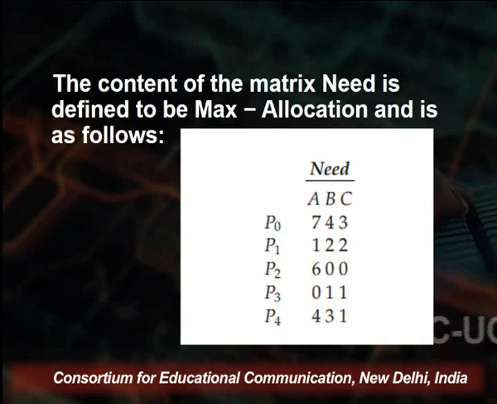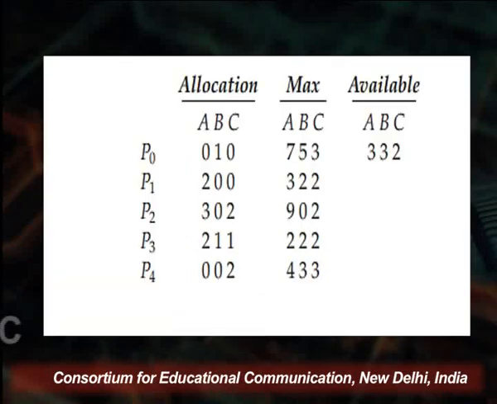So, max minus allocation, if we can see, for process P0 max is 753 and allocation is 010. So it will be 743. Then for P1 it is going to be 122, for P2 it is going to be 600, for P3 it is going to be 011, and for P4 it is going to be